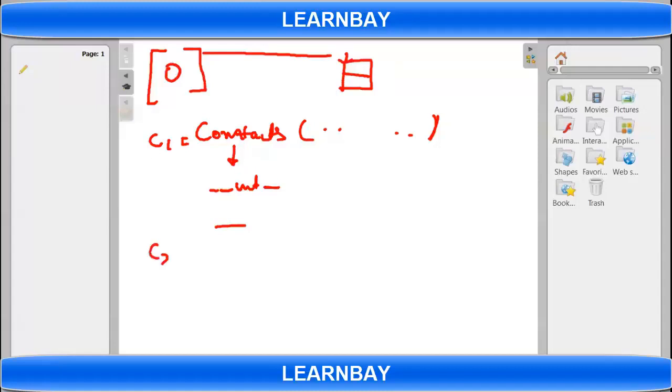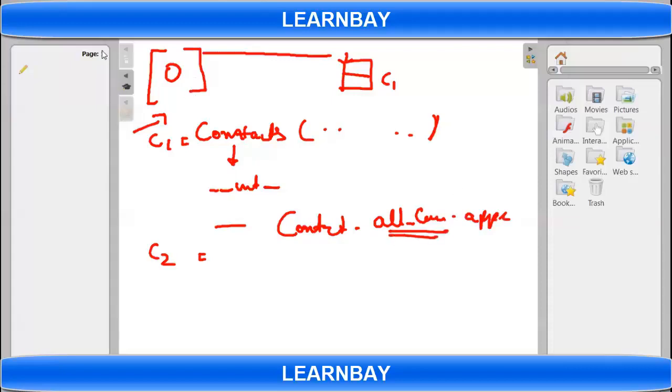Similarly, if I create C2, both C1 and C2 know the list and refer to that list, because the code is like that. This is a class-wise variable, and we write Contact.all_contacts.append. So all_contacts is the class-wise variable, which is nothing but this variable.